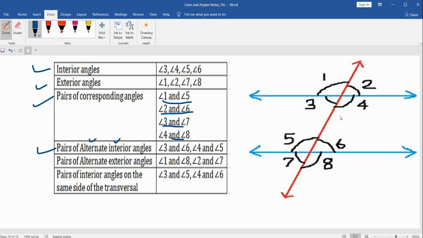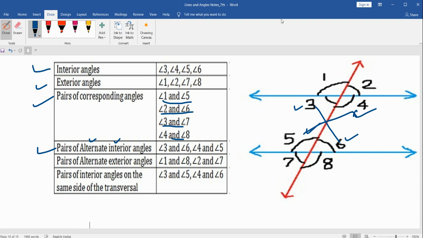So naturally, we are talking about 3, 4, 5, 6. Because we are talking about interior angles, these are the numbers we are dealing with: 3, 4, 5, 6. Now, when we talk about alternate, if you say 3, not 4 but 6. If you say 4, not 6 but 5. So naturally, 3 and 6, and 4 and 5,